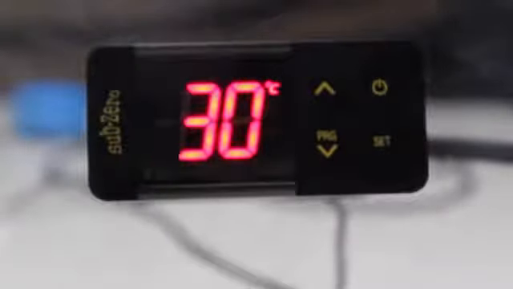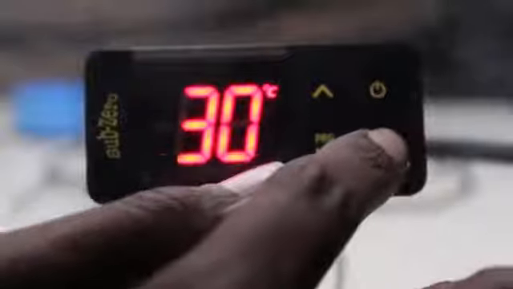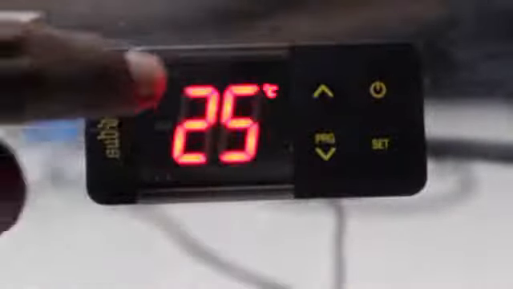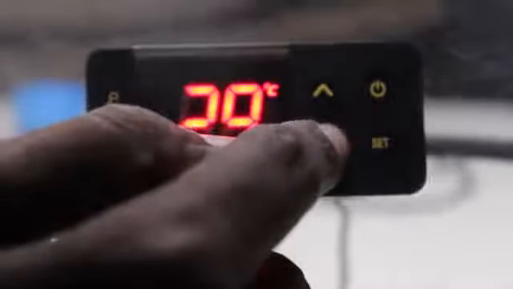After that, you can press the set key to get the live set point. The set point is 25 degrees Celsius. That means whenever 25 degrees Celsius is achieved by the sensor, the compressor should be off, but when should it be switched on again? So there is the P4 parameter, P1, P2, P3 and P4.